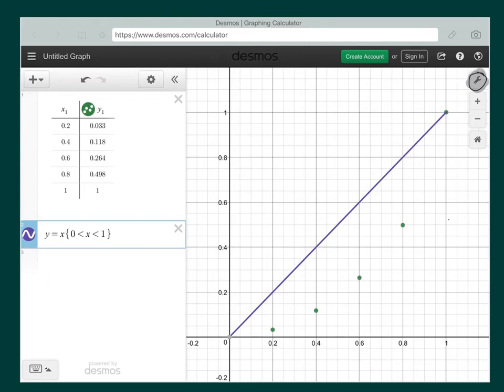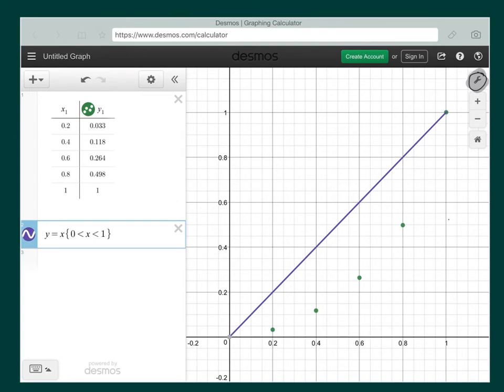All right, now the next thing I want to do is use what's called a power regression to approximate the Lorenz curve. Once we graph this, you'll see it's not a perfect Lorenz curve. The Lorenz curve actually goes through each and every point, and it takes quite a bit of high-level mathematics to find that curve. For our purposes, a power regression will be close enough for us to do our calculations.